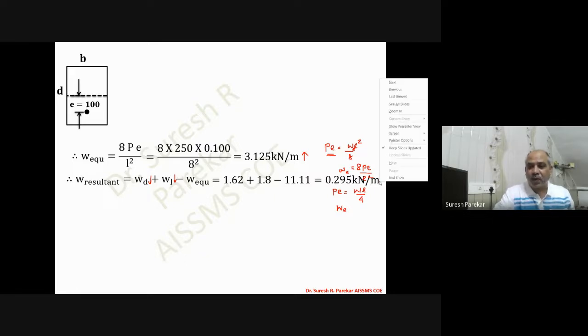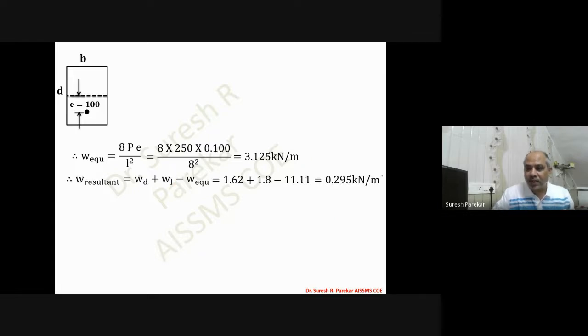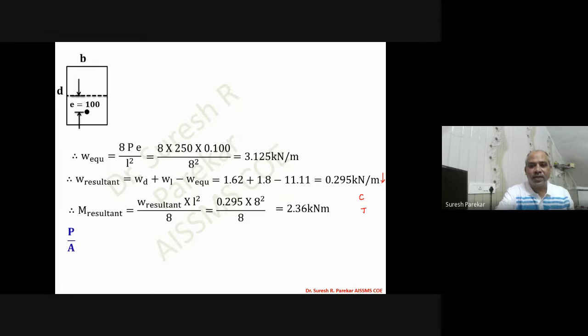0.295, but this 0.295 which we have is in downward direction, so we are going to get compression at top, tension at bottom due to bending moment, and then we will get M resultant WL square by 8 and 2.36, and then last